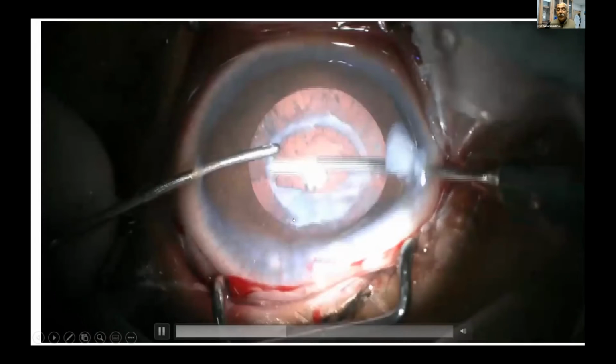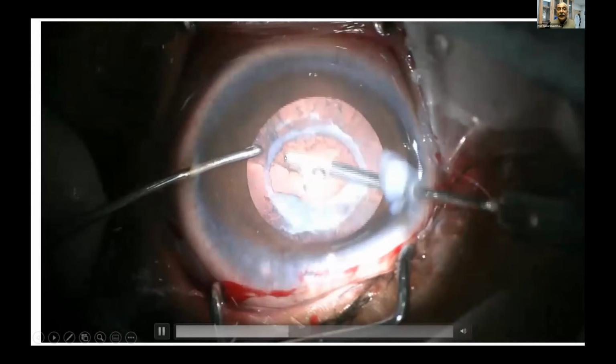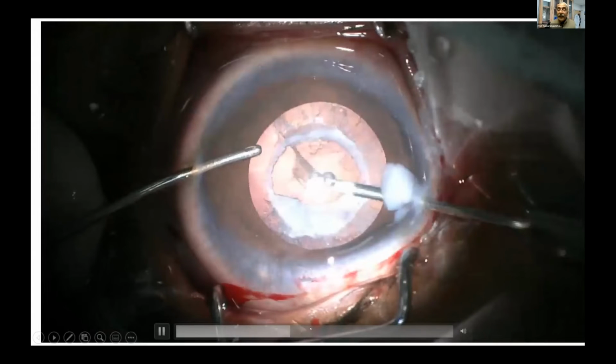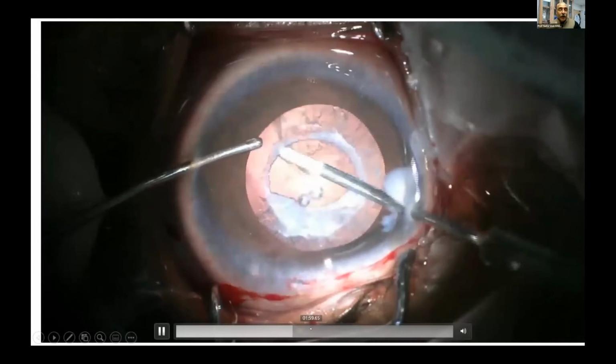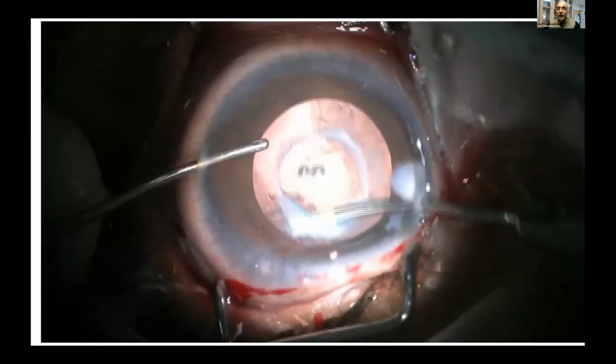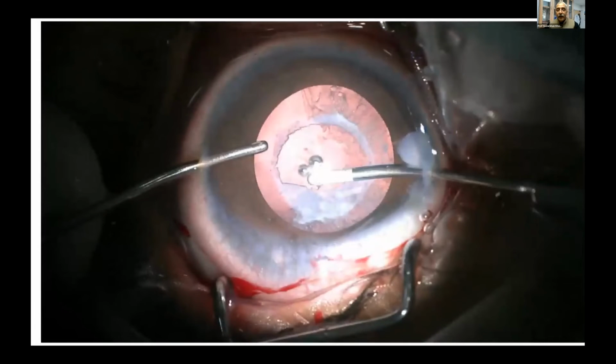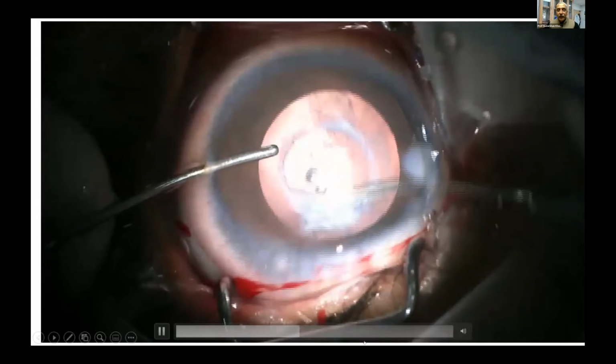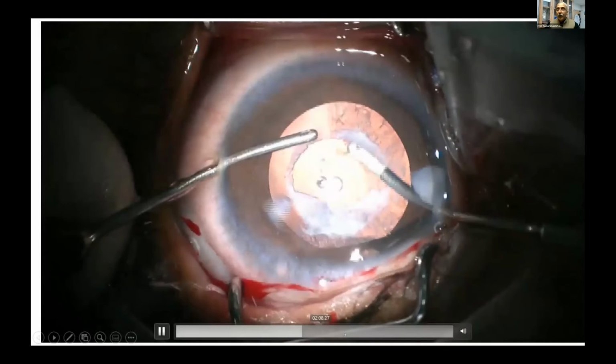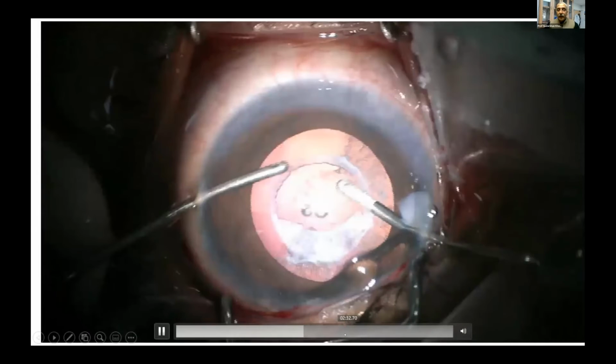And this was not a traumatic cataract. So this kid was born with this, and there's a plaque there, and the eye size was big. And since the cornea is clear, no scar, no Haab's striae, so this was a case of a megalocornea rather than a buphthalmos. So I'll just go up a little bit, and then we go and do the posterior capsulorhexis